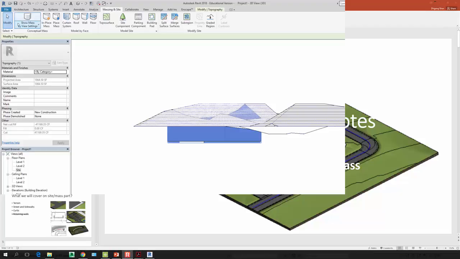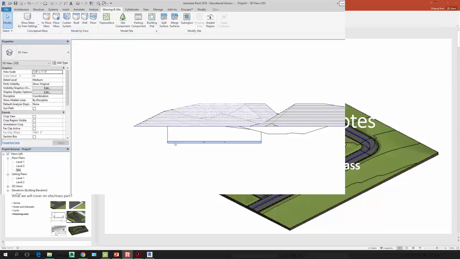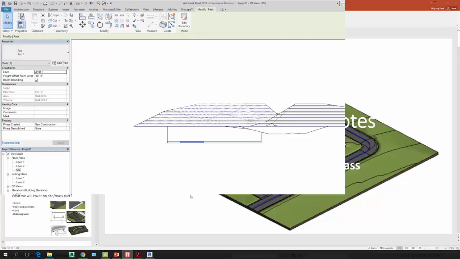If you select your building pad, you can see the height offset from level 1. All right. If you select that from level 2,